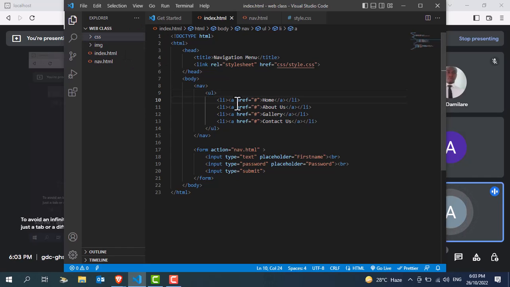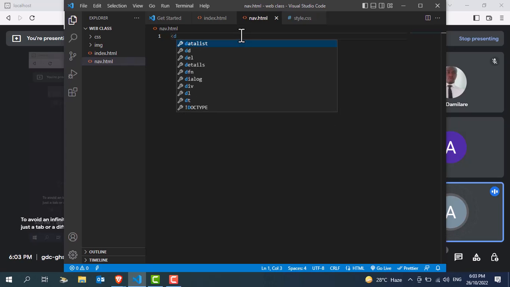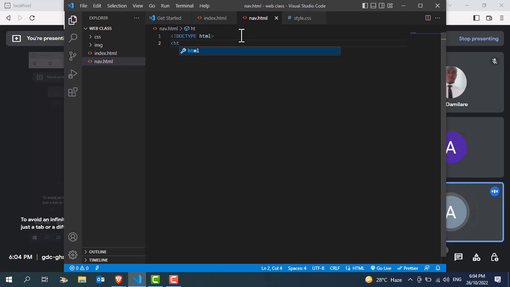Now we have our, I think let's use this file nav.html. So now the first thing is our normal doc type declaration. So just now, is doc type HTML. Then we have our HTML tag. Inside here we have our head tag. Then inside the head tag we have title tag. Title. Yes,